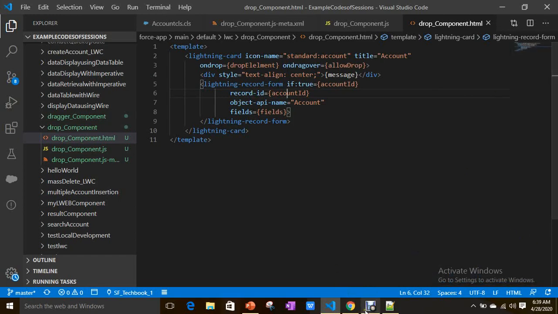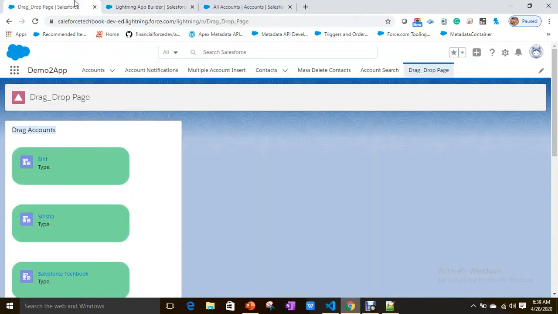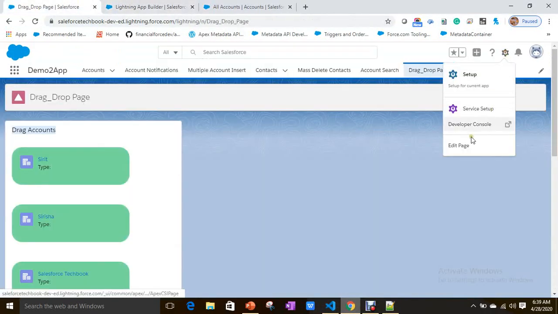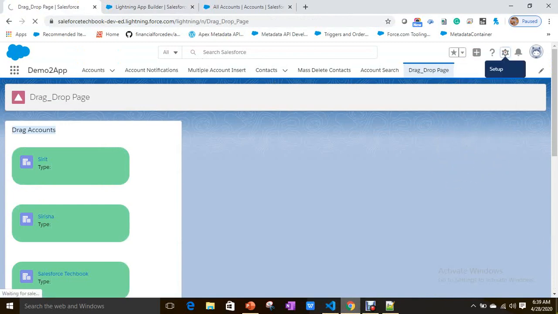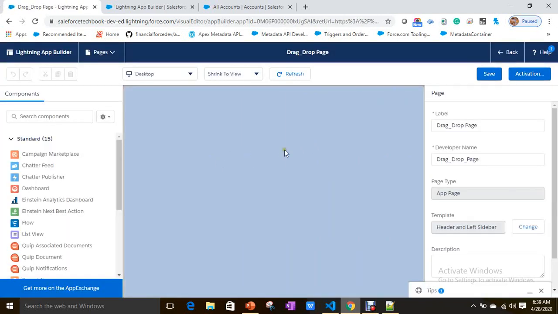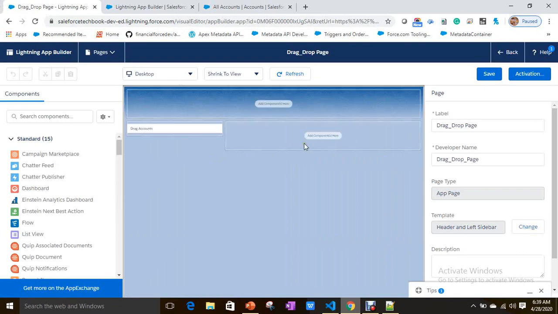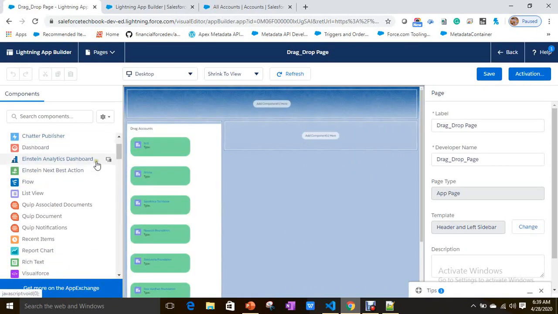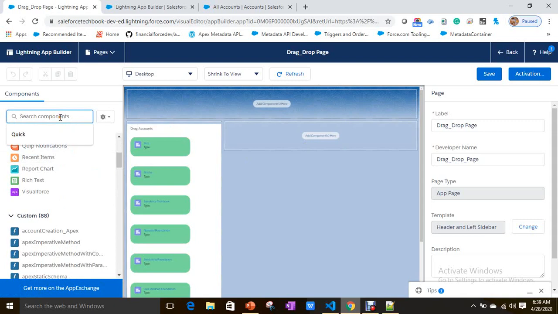Let's go to our page. I'm editing this page. I'm going to add our drop component at the right side. Let's see where is our drop component.